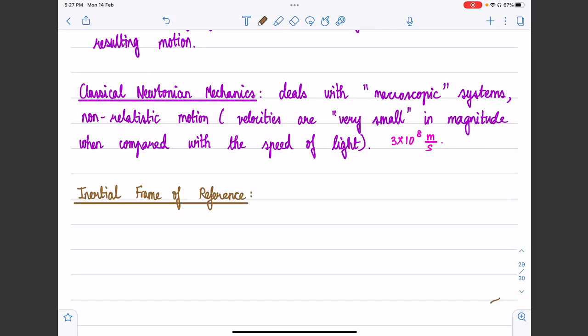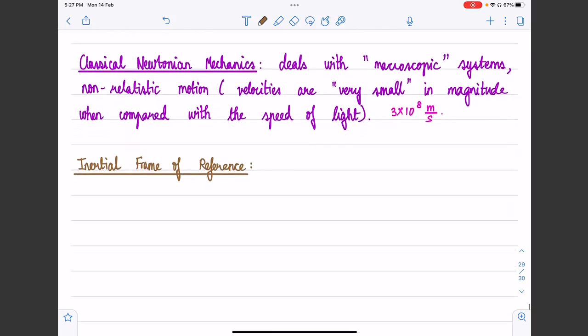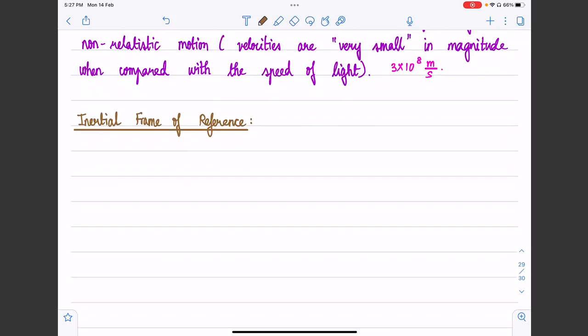So what is an inertial frame of reference? What is a frame of reference? A frame of reference is one with respect to which we measure variables. We fix a coordinate system and then we measure variables that characterize the motion, right? So what is this inertial frame? An inertial frame is a frame